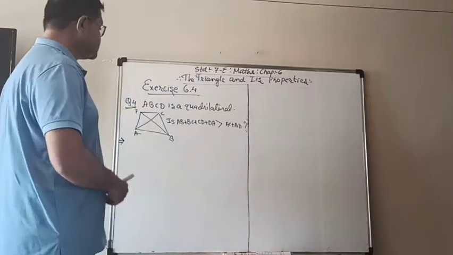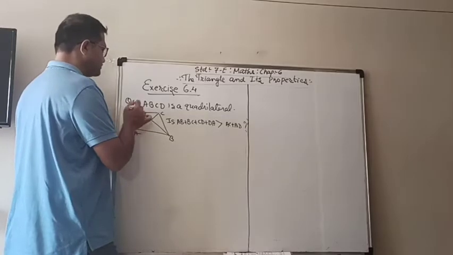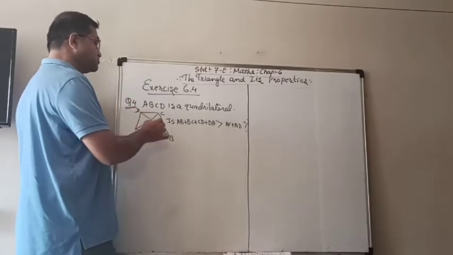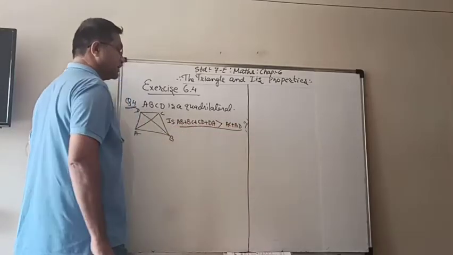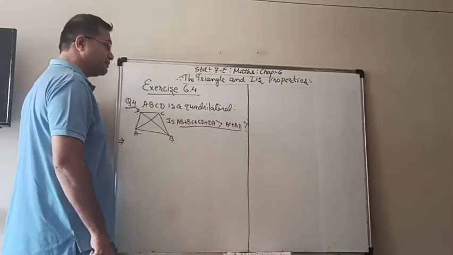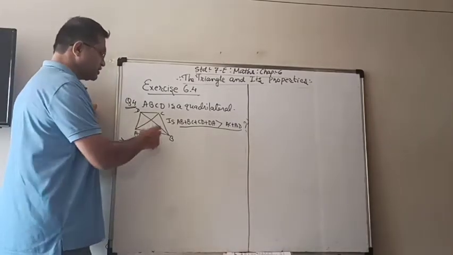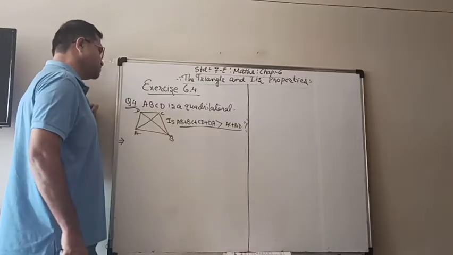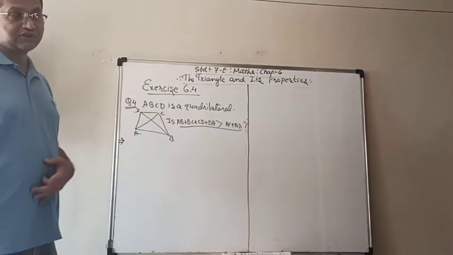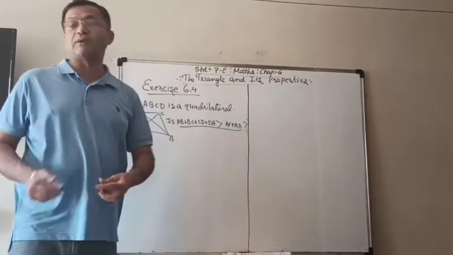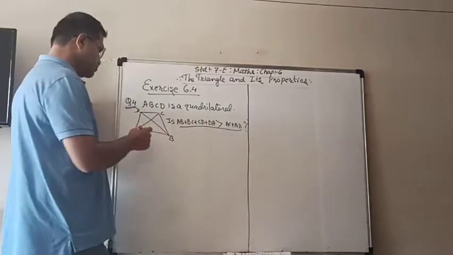Today, question number 4, in which ABCD is a quadrilateral. Now we have to check whether AB plus BC plus CD plus DA is greater than AC plus BD. So here we have to take 4 triangles one by one, and we have to use the result that we learned, that the sum of two sides is greater than the third side. So first we will take